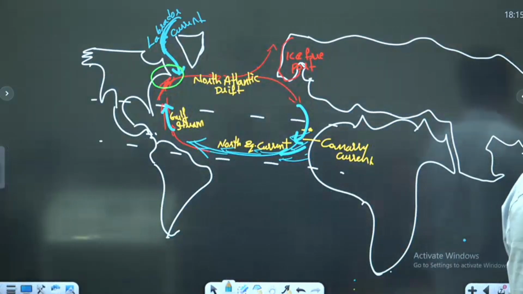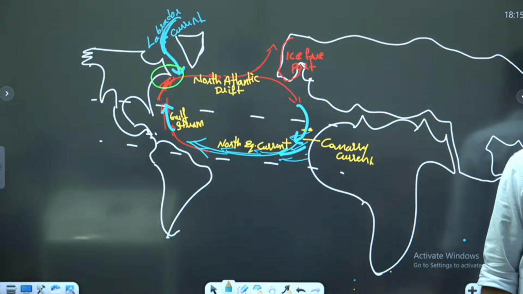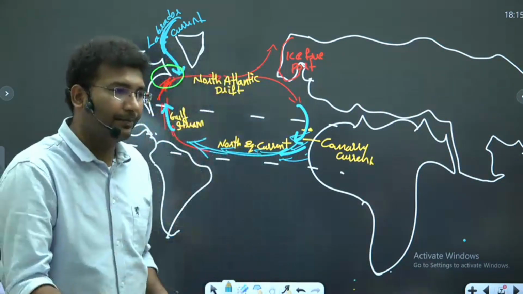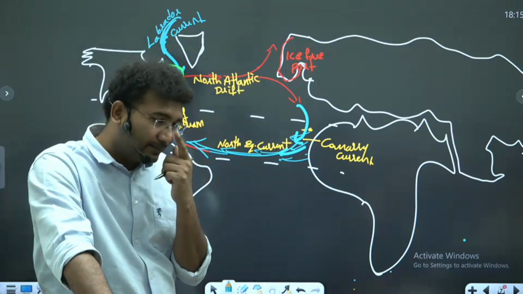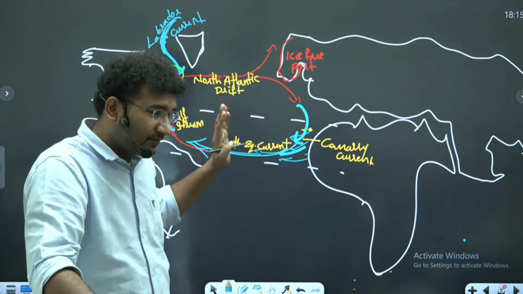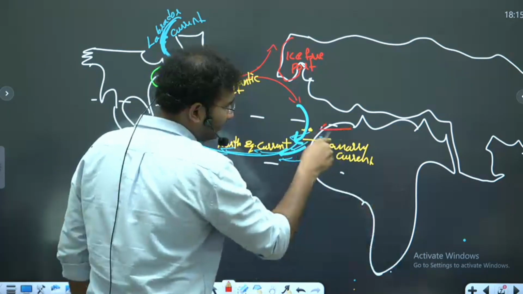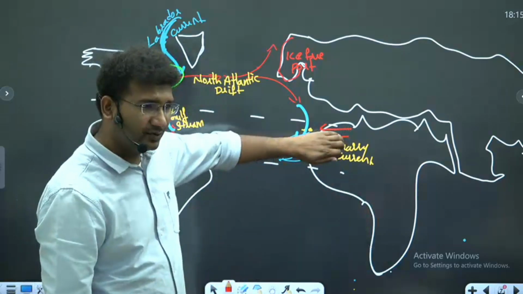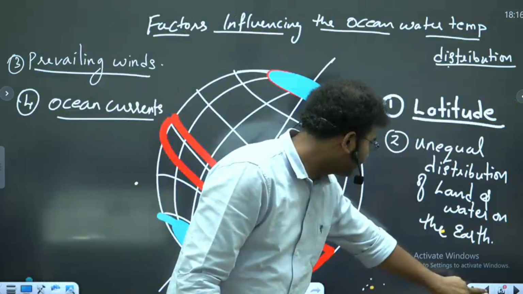No, this is only surface water. I'm not talking about bottom water at all. Warm and cold, it is because from 400 or 500 meters the water is coming up. From west coast of Africa, desert se. Look, here the winds are offshore winds. That means the wind is moving from land to ocean.